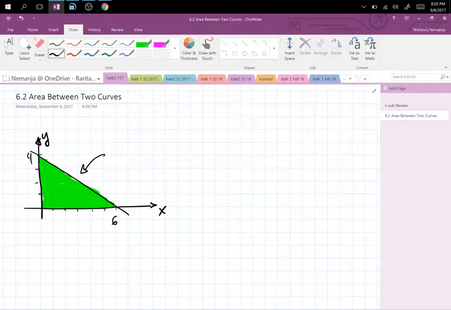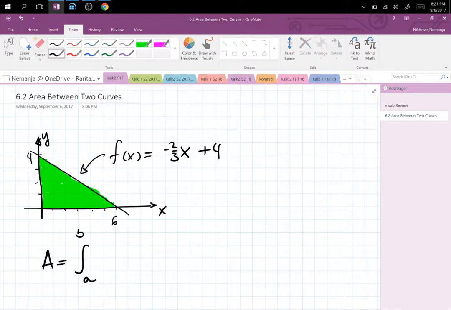So this over here is a function. And it's a linear line whose slope is rise 4 and then go to the right 6. So we have negative 2/3, right, as a slope, x, and then the y-intercept is 4. So we immediately see that that line, the function, has slope negative 2/3. Again, it's negative 4/6, right? And then you reduce that. Y-intercept is 4. So to find the area under the curve, you set up the integral a to b f